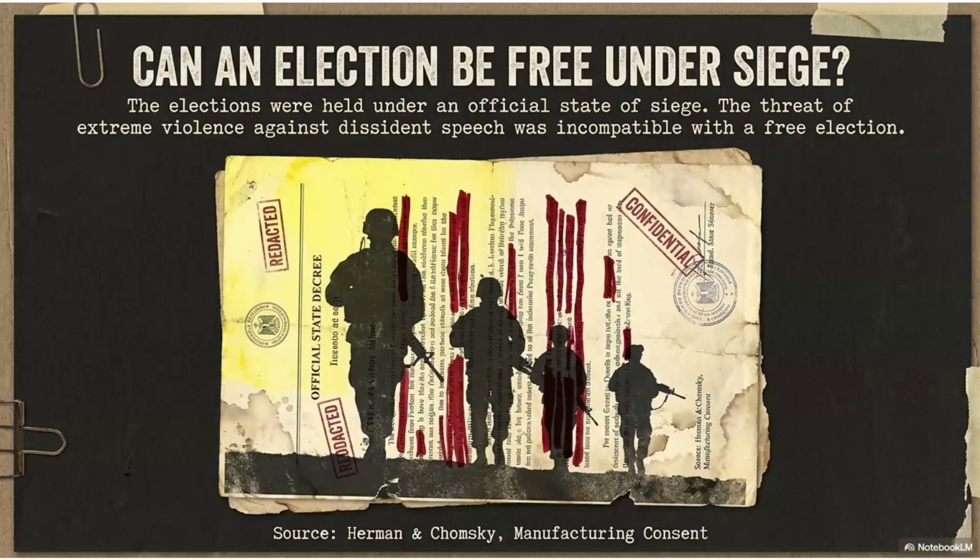That detail matters. An election is not just a single day, it depends on months and years of political life before that day. If people can be detained without evidence, if opposition organizers can be murdered, if journalists are unsafe, if critics are assassinated, then the act of voting happens inside a damaged political world. So when the slide asks, can an election be free under siege? It is not a rhetorical exaggeration. It is asking whether formal voting can compensate for the destruction of the conditions that make voting meaningful. This is the difference between an election as a ritual and an election as a democracy.